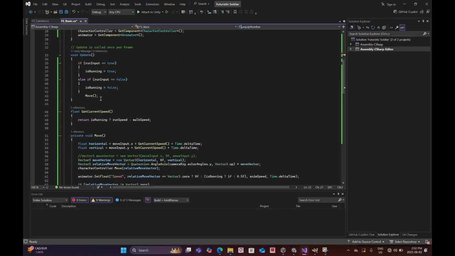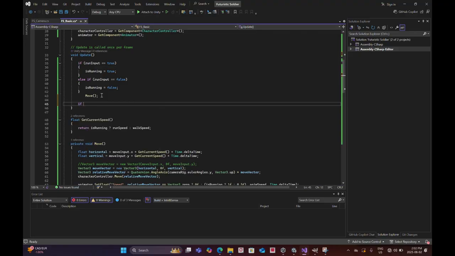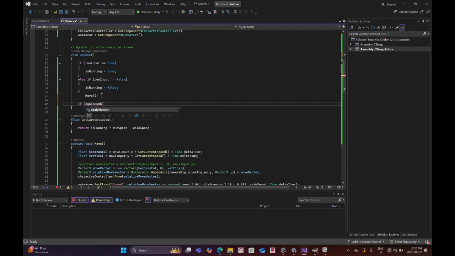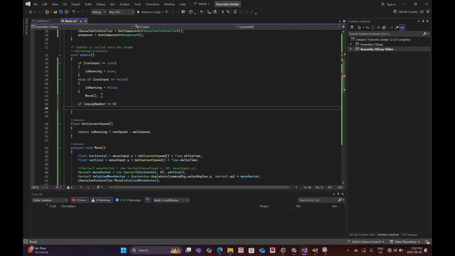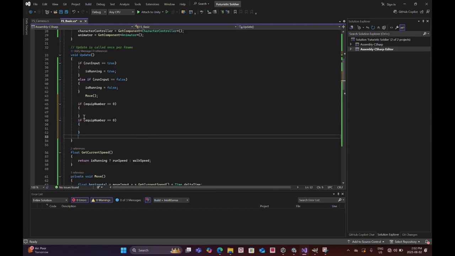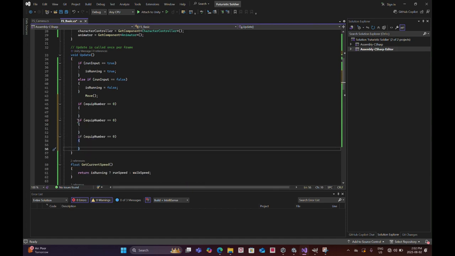I'm going to go into the Update function, and here I'm going to say if equipNumber equals 0, then do whatever's in the brackets. I'm going to copy this twice more: else if equipNumber equals 1,